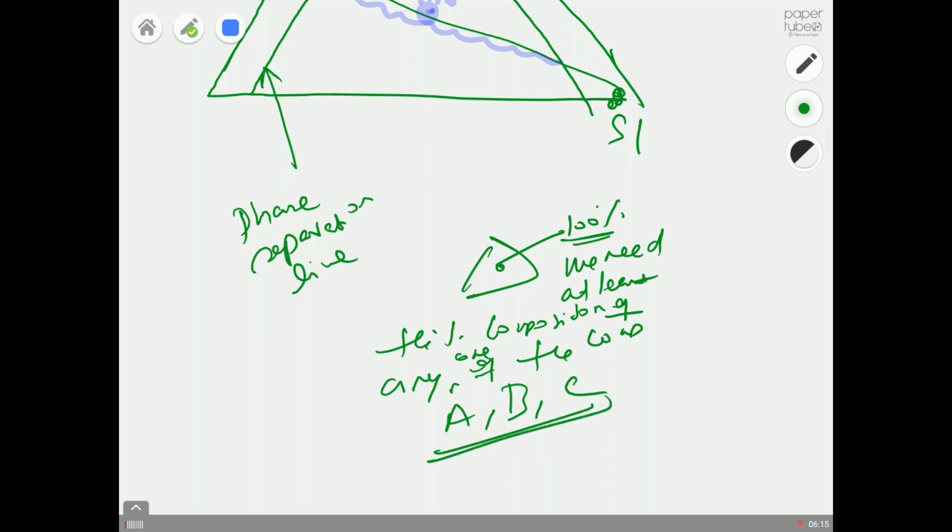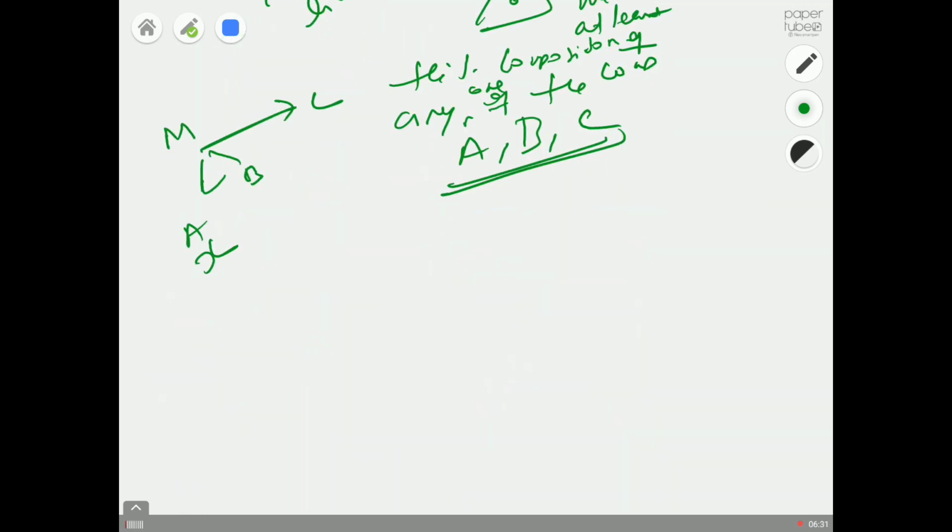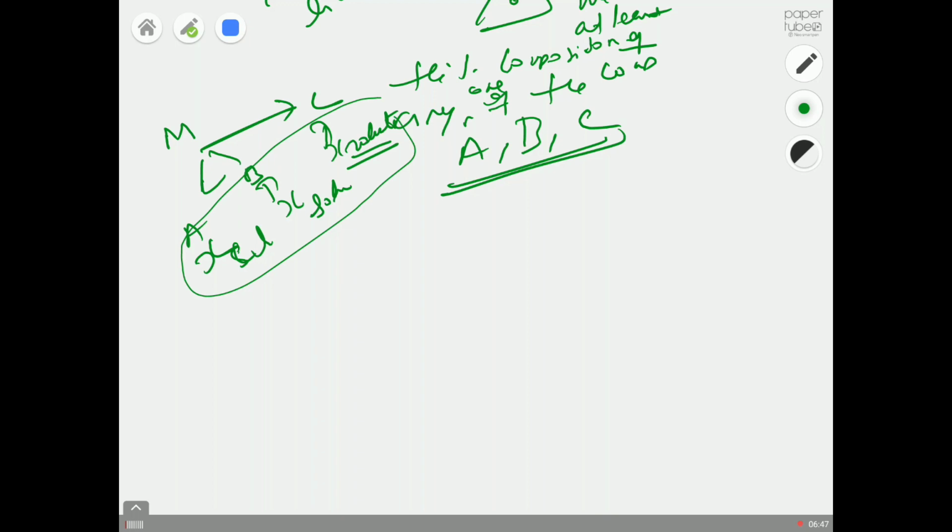Imagine this is our mixing point. In the mixing point, we will obviously have A, B, C. So the percentage of A will be, say, X. A is nothing but our carrier liquid. B is our solvent, and C is our solute. For all the combinations, we call it X of M1. So if we know X M1,